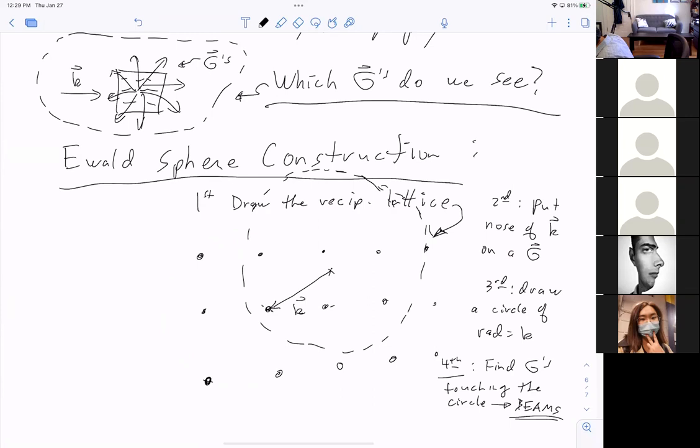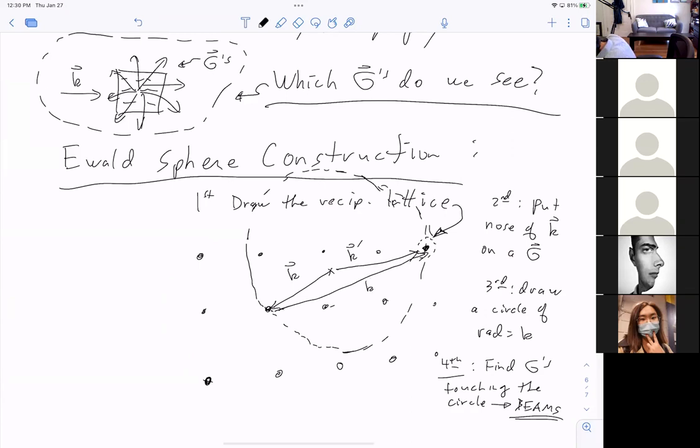And let's say that I have points out here. And so now what we do is we look for points of the reciprocal lattice that are on that circle. Okay, and so we notice that there's one right here. I will circle it. And so now I can draw this arrow, which I'll call K prime. And so the point that I want to make is that from this construction, you can see that if I draw the arrow